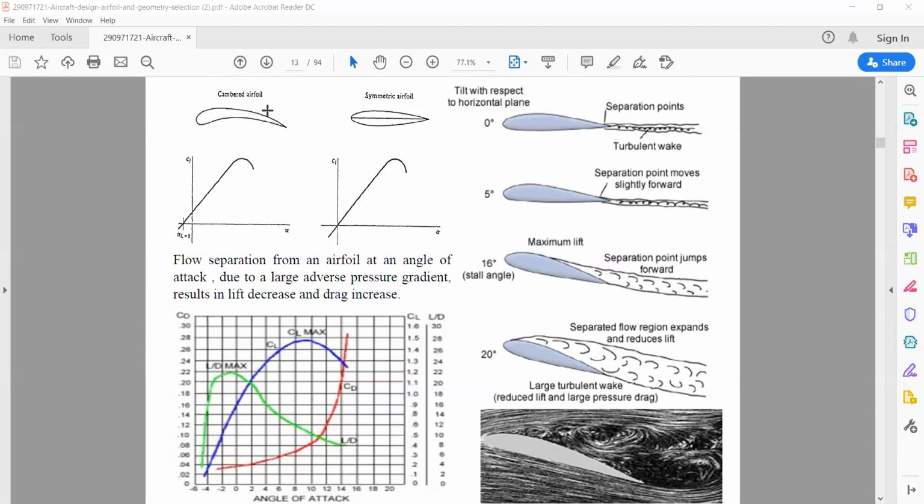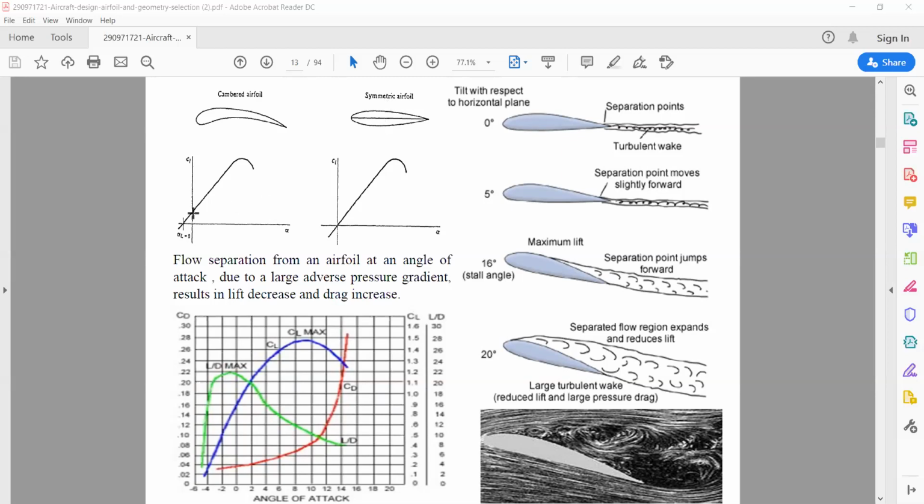Clear? So now, a cambered airfoil and a symmetric airfoil. See, this is the cambered airfoil. What is this? You can see, this is called the camber, the concavity in between. Understood. Here in the symmetric airfoil, what is happening? There is no camber line here. The chord and camber line merge, so zero camber. Therefore, I can cut it into two equal pieces, the upper and the lower surface.